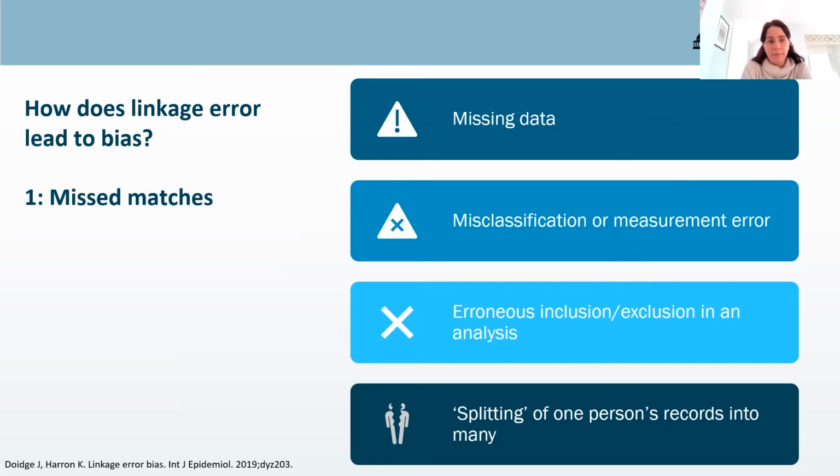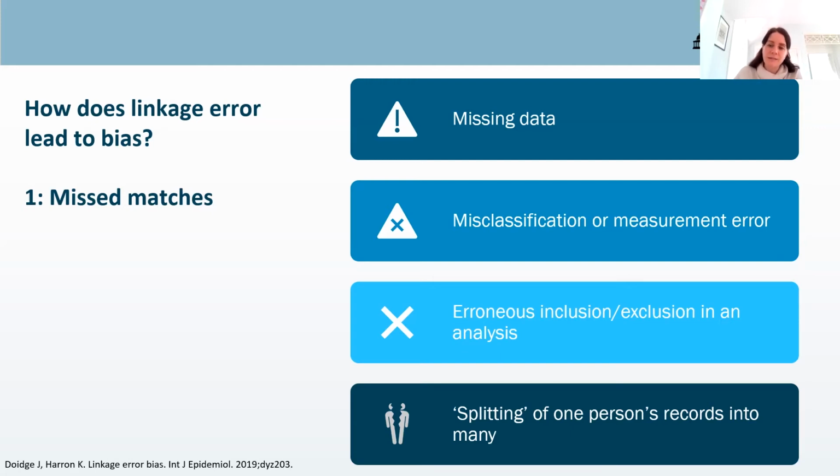Does it matter? Will it impact on our analysis? Will it lead to any bias? So we've done a bit of work thinking through the implications of linkage error and come up with a list of potential bias. So starting with mismatches, when we fail to identify a link that really should exist, the first